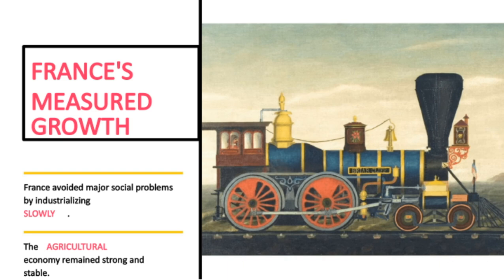It's important to note that France's industrialization progressed slowly compared to some other countries, but it was steady and measured. This cautious approach helped France avoid the major social problems that often come with rapid industrial change, like extreme inequality or unrest. Overall, France's measured growth during this time allowed the country to modernize its economy without sacrificing social stability, which was a smart and sustainable approach. This steady progress fits into the larger theme of how gradual and thoughtful development can lead to lasting stability and